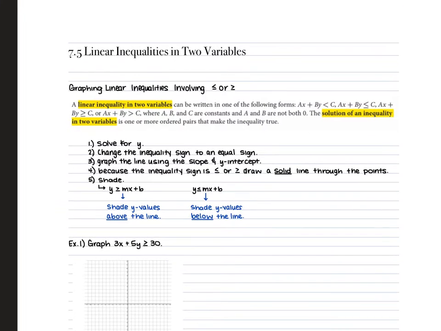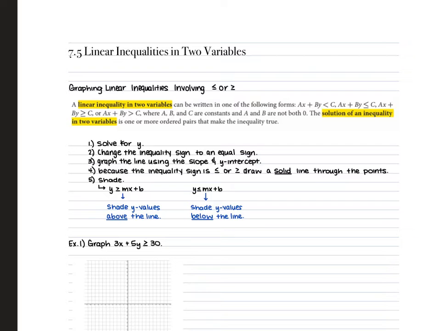7.5 Linear inequalities in two variables. When we are working with these inequalities, we have an x and we have a y, which means we are graphing them. So the first thing we have to do is to solve for the y, then change the inequality sign to an equal sign, graph the line using slope and y-intercept,